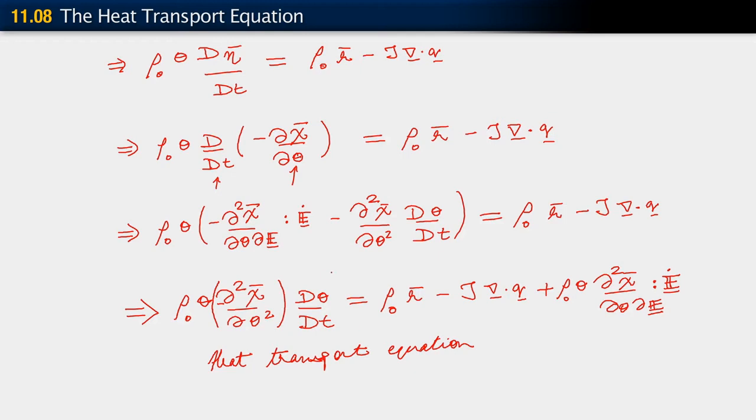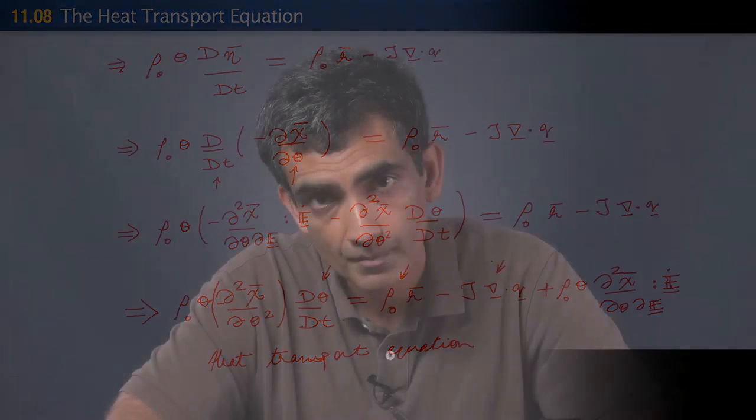So what is it telling us? It's telling us that the rate of change of temperature is driven by a bunch of things on the right hand side. Okay? It's driven by the rate of local heating, which is not surprising. Yeah, we understand that. It's also driven by the heat flux, right? The heat flux, the divergence of the heat flux, which we know from arguments that you've definitely seen at some